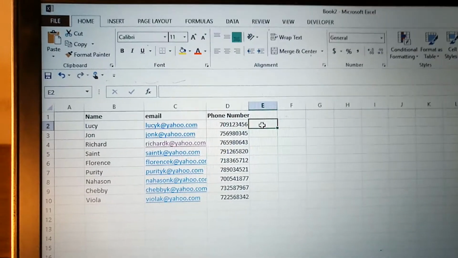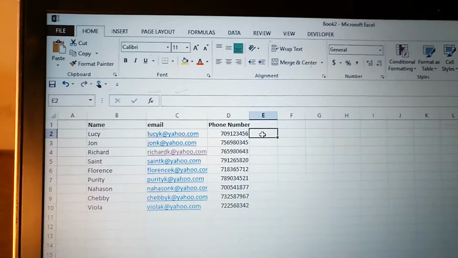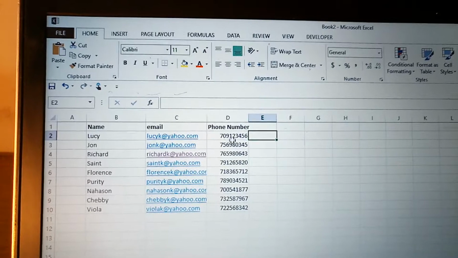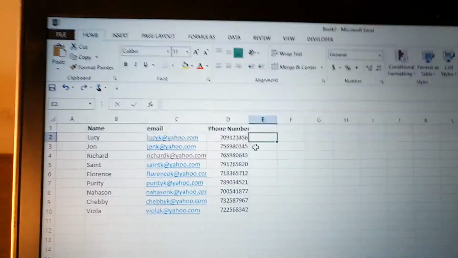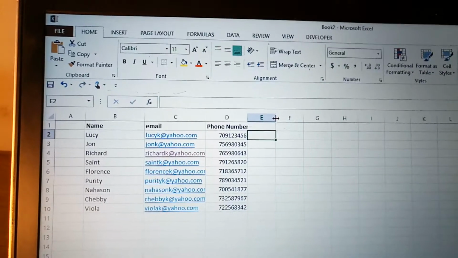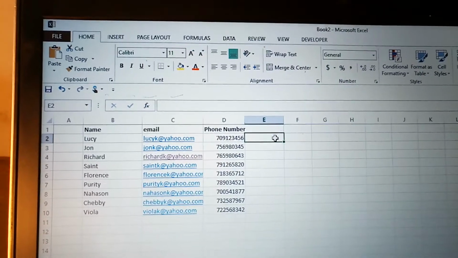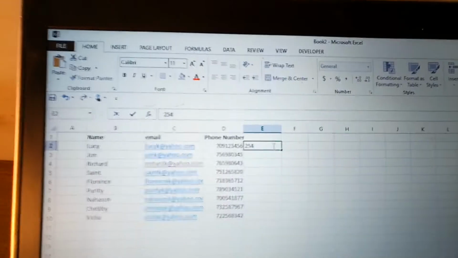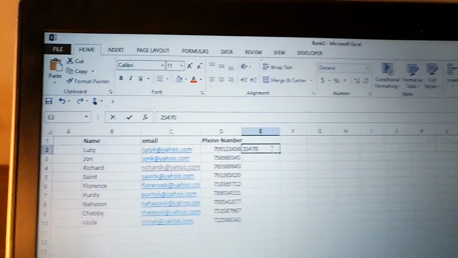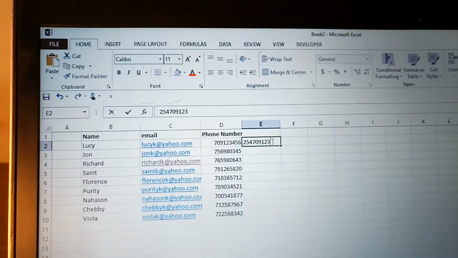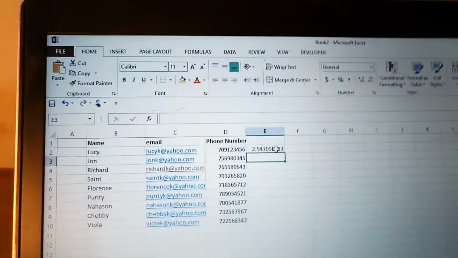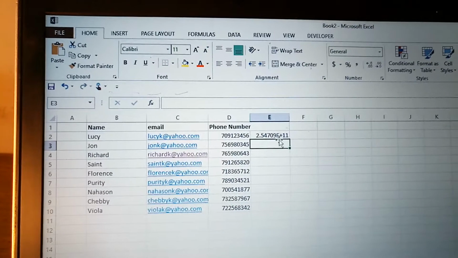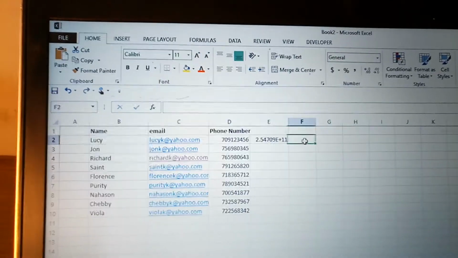So in this video I'm going to show you how to put an area code to your phone numbers. In this case I'm going to put a Kenyan area code. So if you try and put the area code directly, 254, enter, you get this error and this is not what we want. So what one can do,